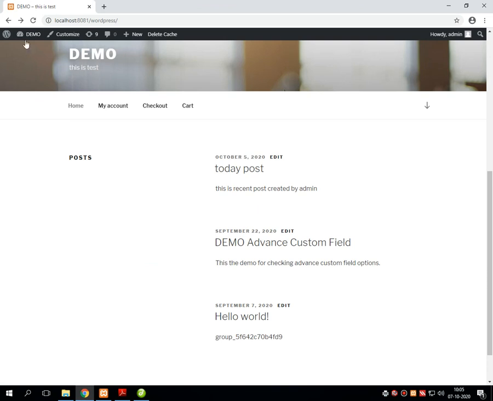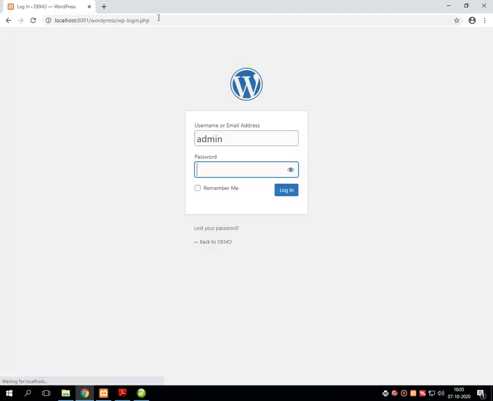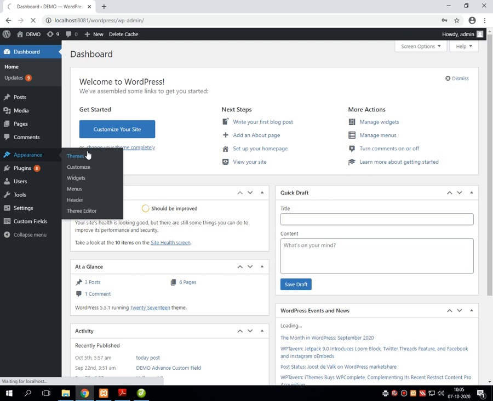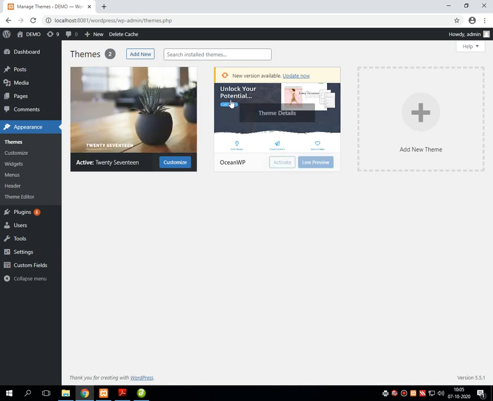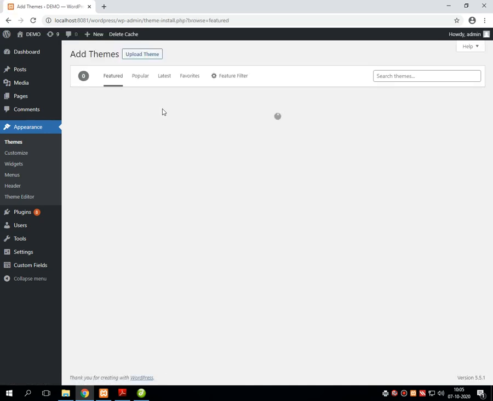Let's go back over the dashboard. Get logged into WordPress. Go into Appearance and Themes. Search for some theme like education. Education contains some categories, that's why I'm telling you. Just go in Add New and then search for education.